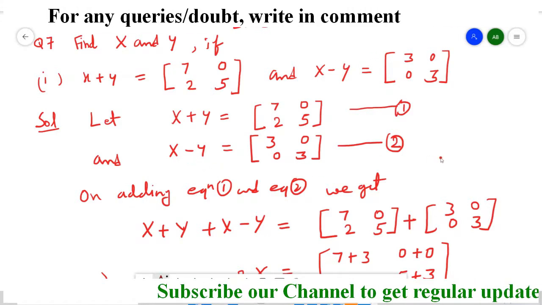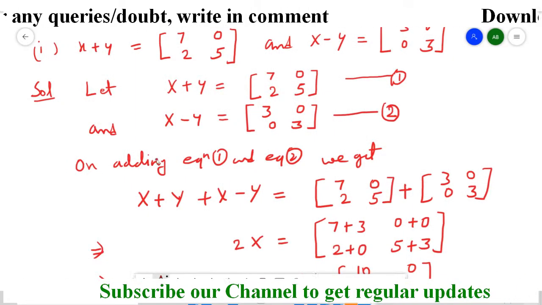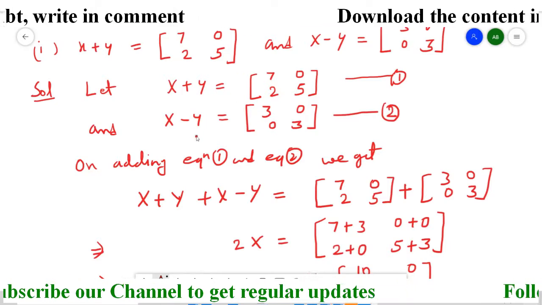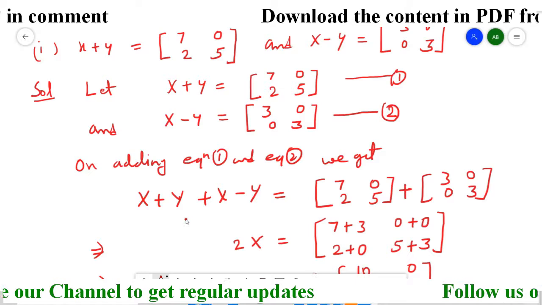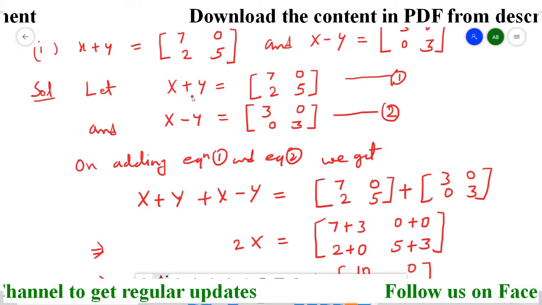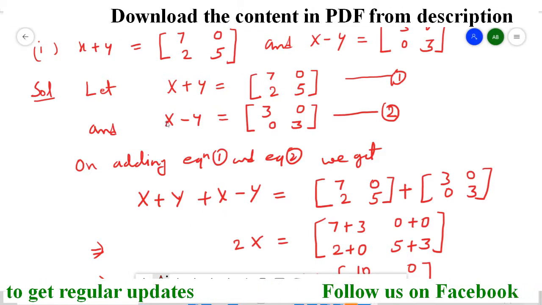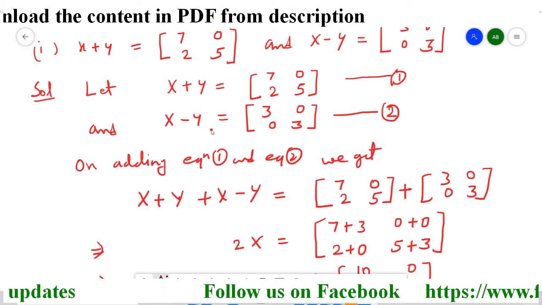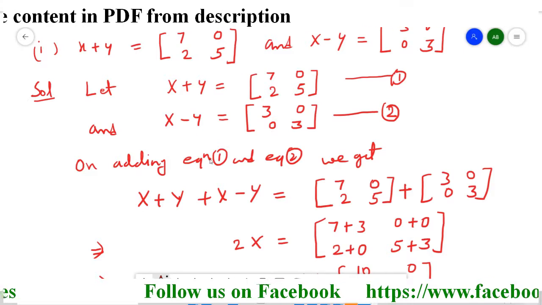If you have this kind of situation, then directly you can go for the addition and subtraction of the equations. That will give you one variable, and the other variable will get eliminated. So the conclusion is I am going to solve these equations by the elimination method. So simply I am just adding them.